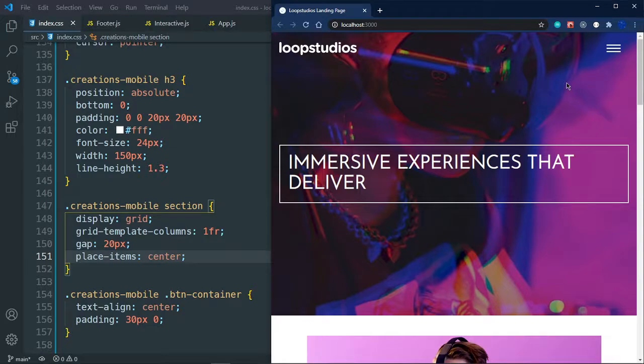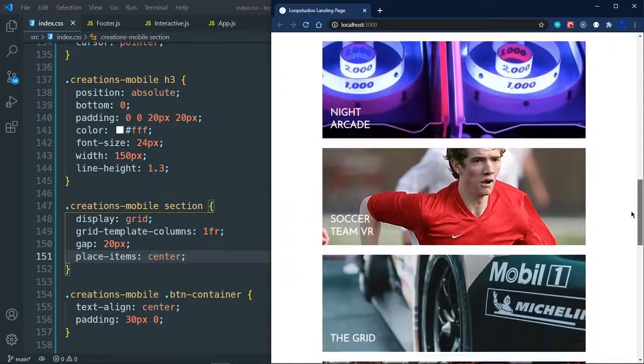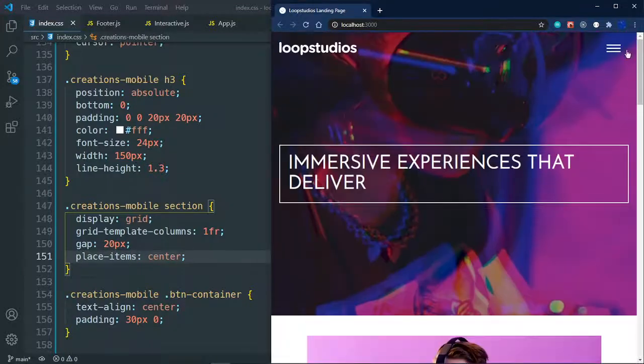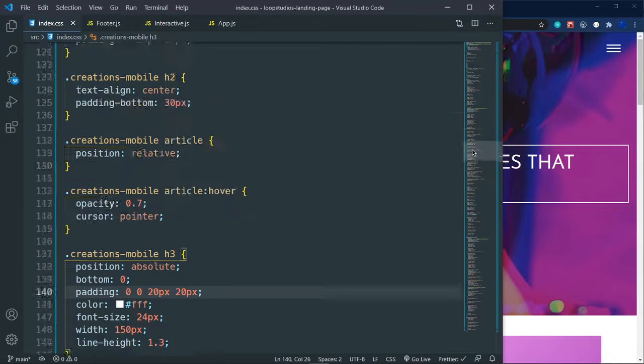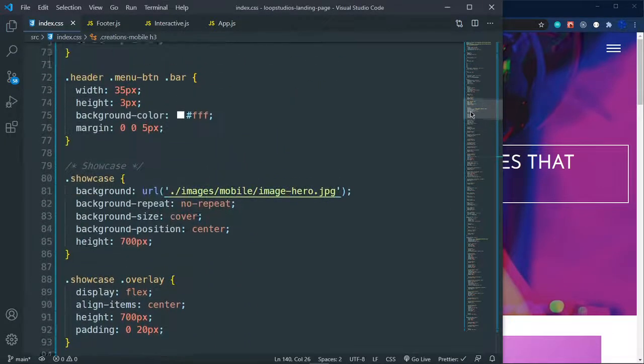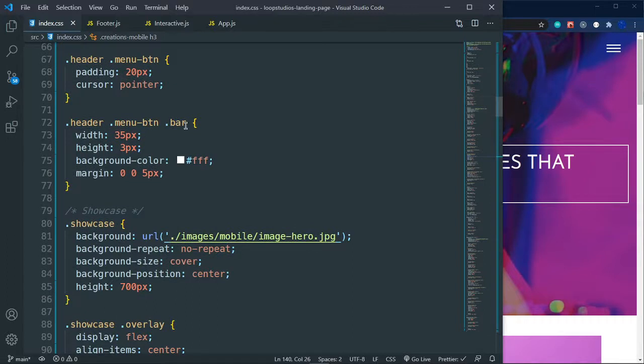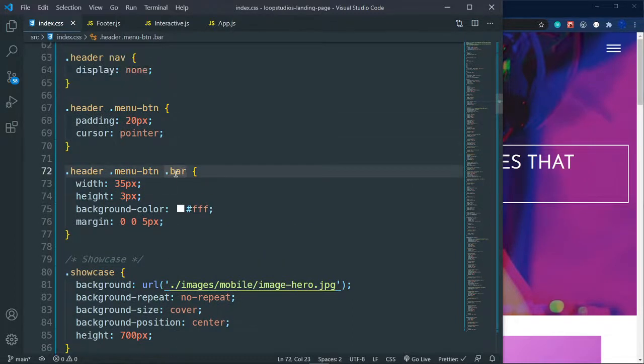Okay, so I think the only thing that we're remaining with would be the header, our button right there. So let's deal with our button. And where was our button? It was right here. And right here I'm just going to start and I'm going to say for my menu